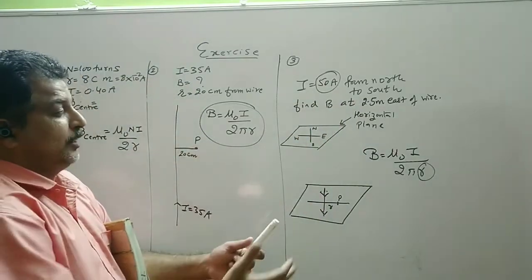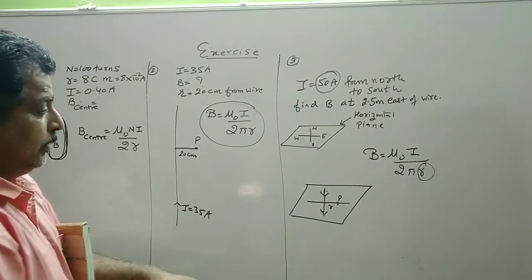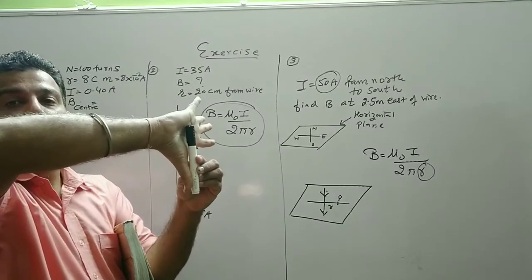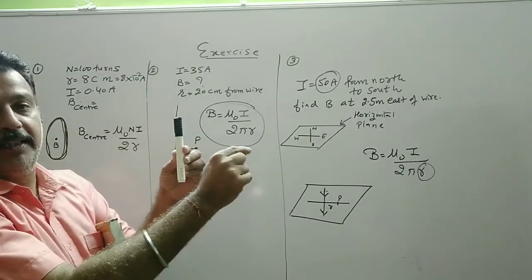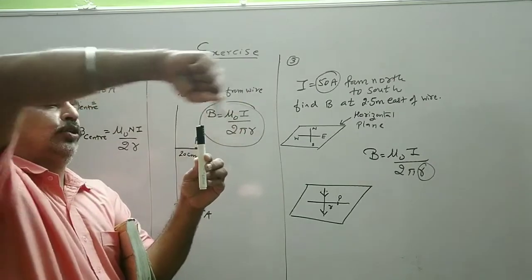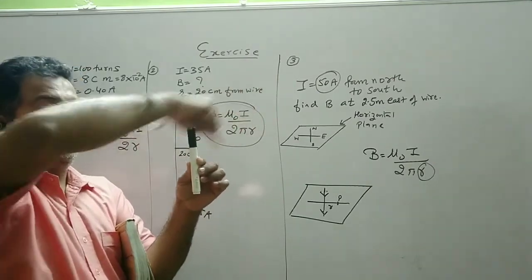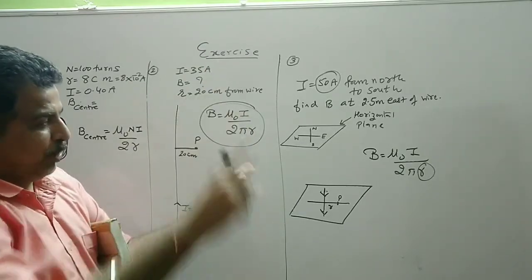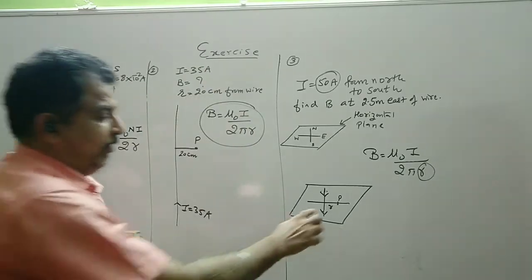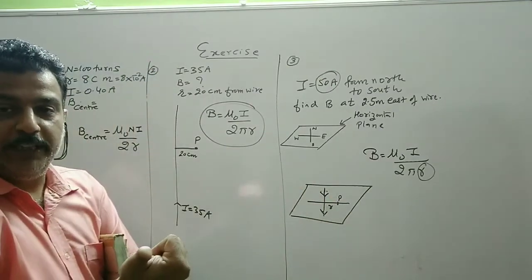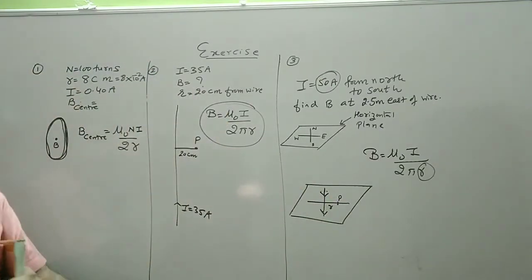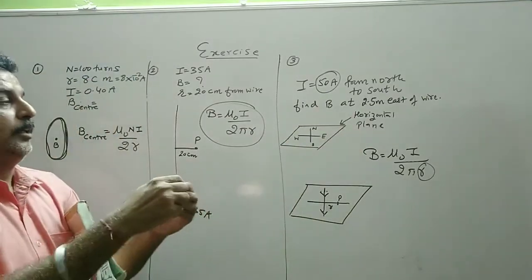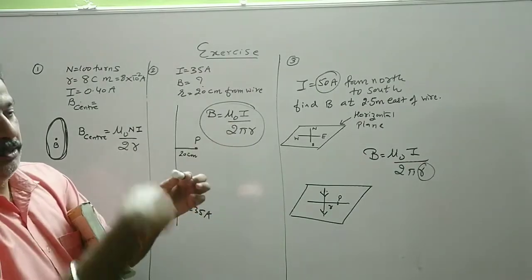So if I redraw this diagram in a vertical plane, say I take this north-south, so current will be downward. This is north, this is south, and point P is here. So the magnetic field will be like this. At point P, it will be coming outward. So if we draw a vertical plane, the magnetic field is coming out from the point P, and if I draw the horizontal plane as given in the question, the magnetic field intensity is in the upward direction.